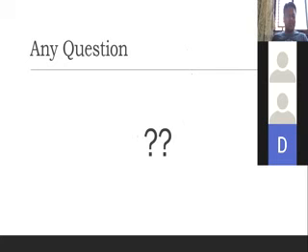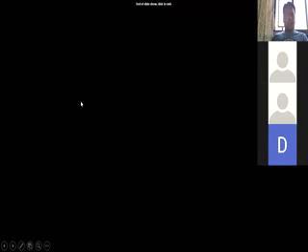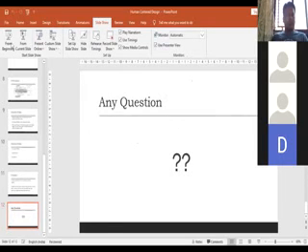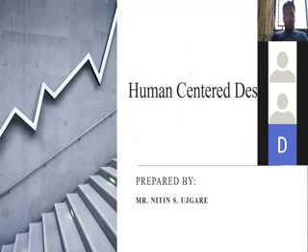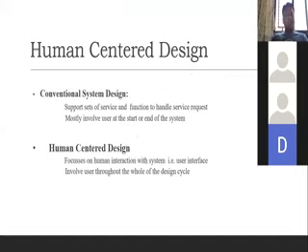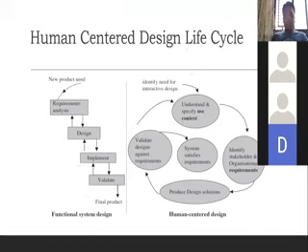Sir, can you just reverse back to the slide so I can tell? Okay, I'll just come back to the slide. Okay, this is human-centered design. This is the conventional system and the human-centered design, the difference. Then we have seen this PVM scenario. So PVM scenario is what? It is basically the physical, virtual, and human interaction model. That is PVM, which stands for physical virtual model for human-centered design.